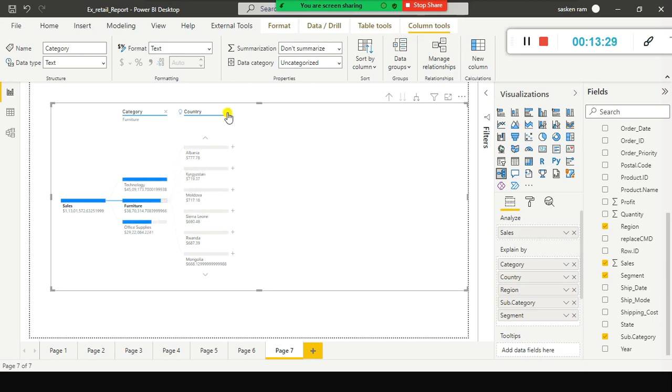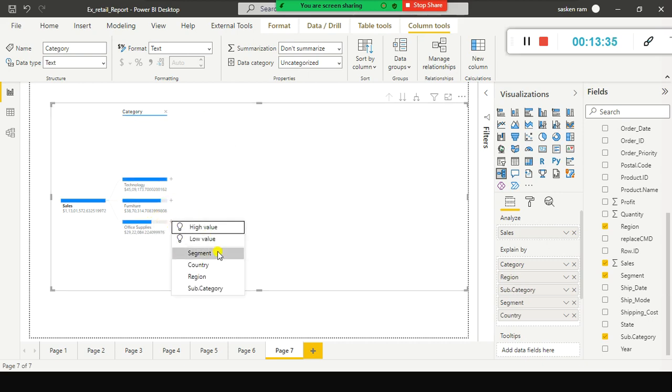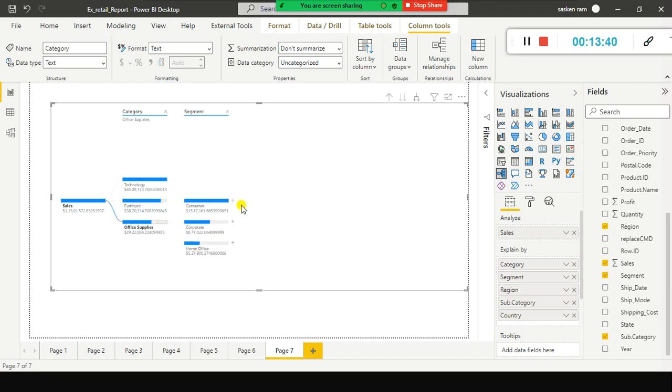One second, let me just close this one. For example, let us take office supplies, and I just want to see the segment wise sales. Automatically when you select this segment, it shows the segment wise sales in ascending order, 15 lakhs, 8 lakhs and 5 lakhs, right? So with this itself you can see it. And supposing you wanted to see the region in which region office supplies in the consumer segment we are selling more: central.